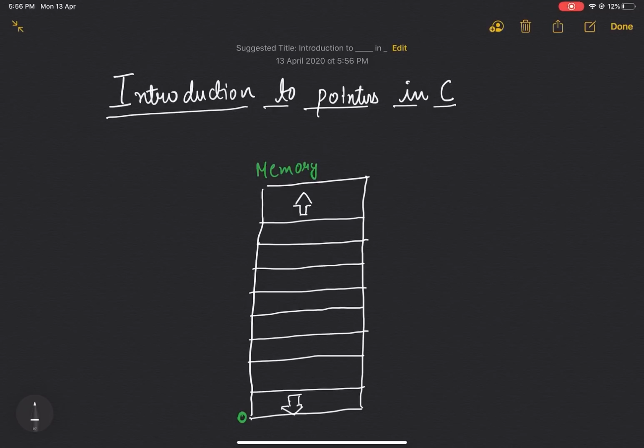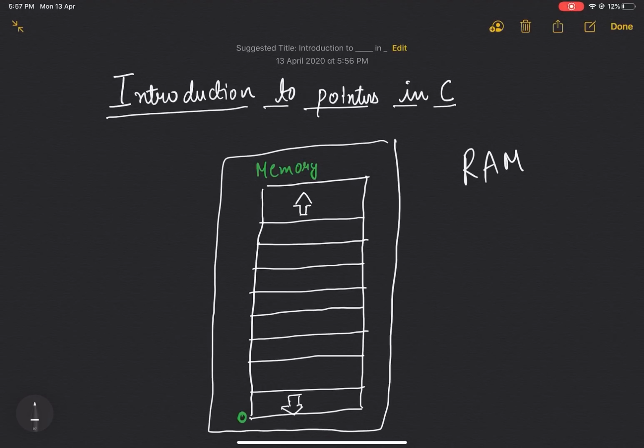To understand pointers, we first need to understand how various data types or variables are stored in computer memory. When we talk about computer memory in the context of program execution, we mostly talk about random access memory, or RAM. Let's say this is our RAM.